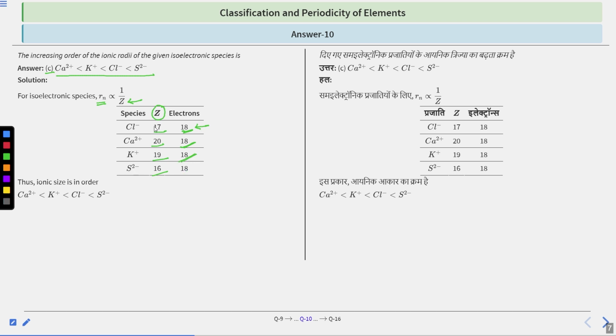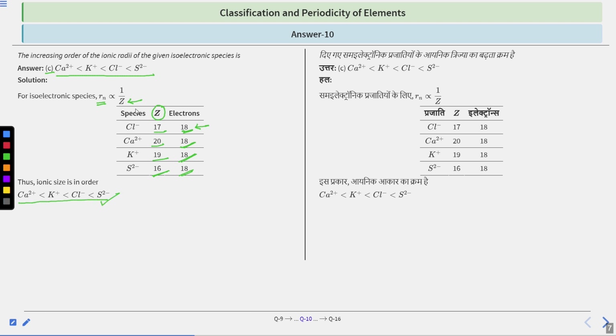And sulfur atomic number is 16, but it has a 2 negative charge on it. That means it has gained 2 electrons. So 16 plus 2 is 18. So that's why these are isoelectronic species. And if we write the order or ionic size order for these species given, it will be this, that the highest is for the